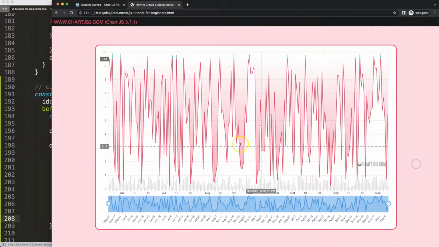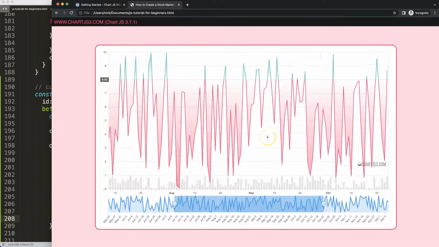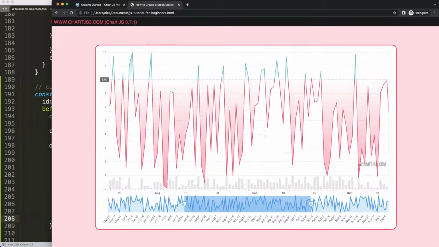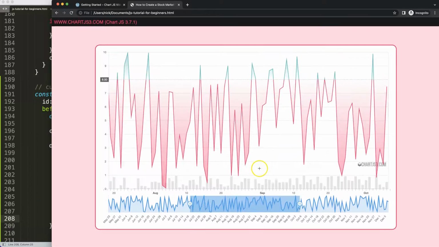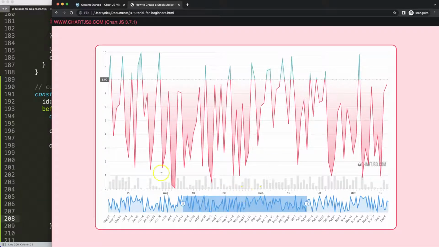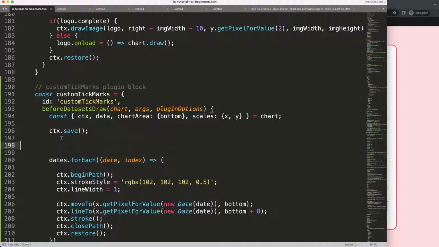If I save this, refresh, now there we are. So we've got this, and what we want to do now is get all of these things. Even if we zoom in, we get all the values. If we zoom out, we need to modify this. So how are we going to do that? Well, basically we have already done some of the work previously, but I'm going to redo it by typing it one by one. The first thing we need to know is